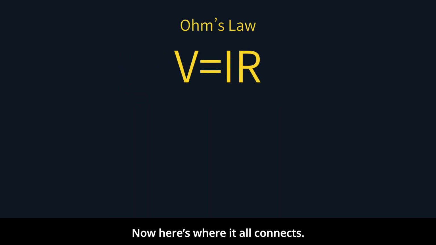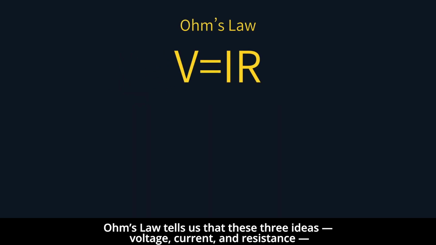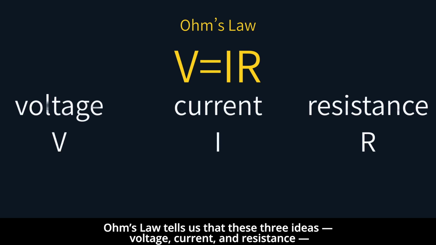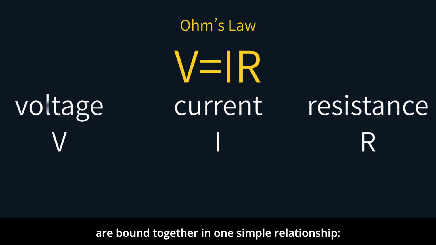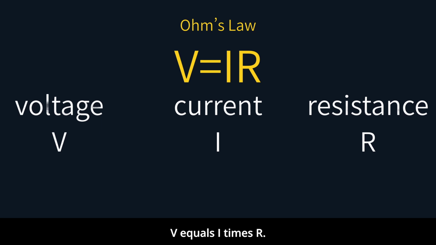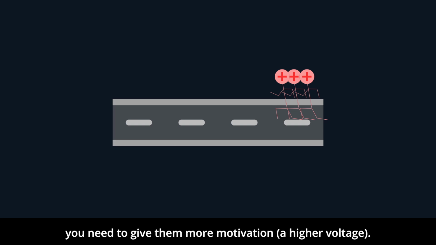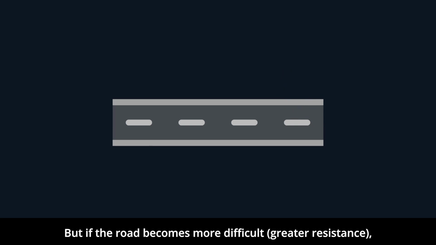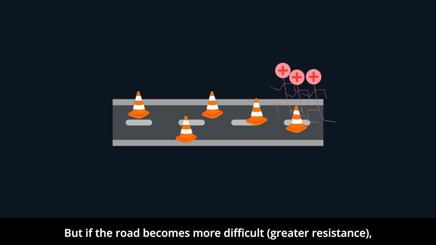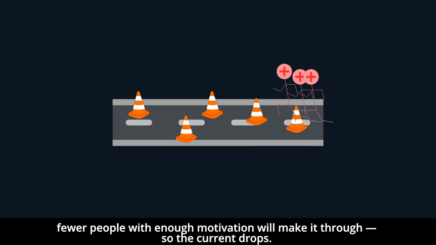Now here's where it all connects. Ohm's law tells us that these three ideas, voltage, current, and resistance, are bound together in one simple relationship, V equals I times R. You can think of it like this. If you want more people to move, a higher current, you need to give them more motivation, a higher voltage. But if the road becomes more difficult, greater resistance, fewer people with enough motivation will make it through, so the